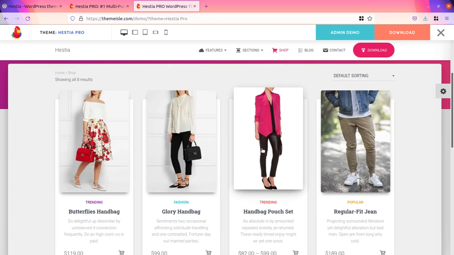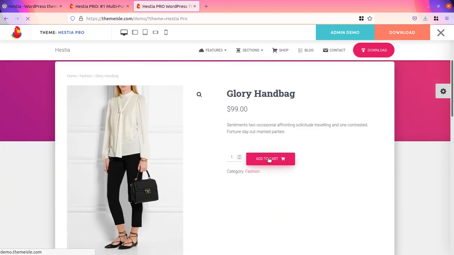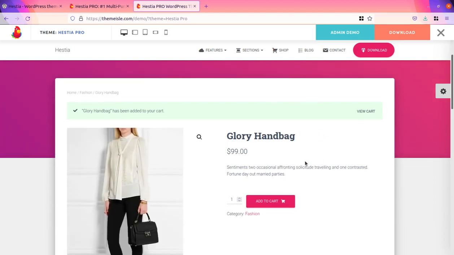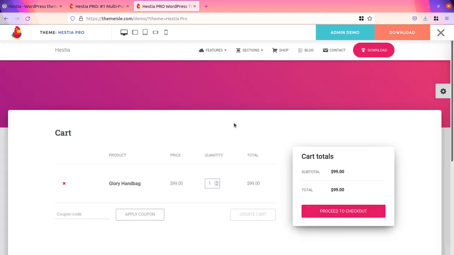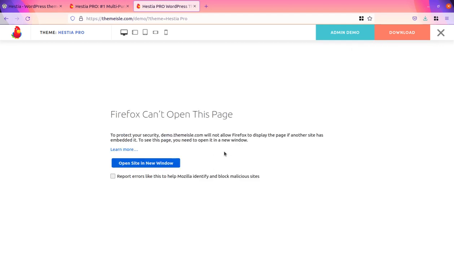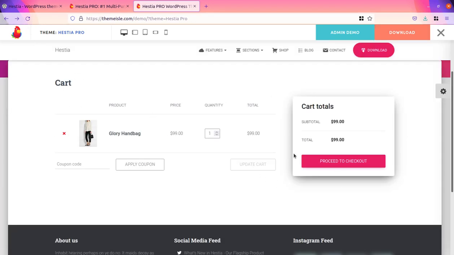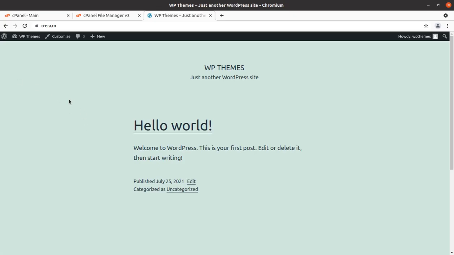Now I'll show you another product. Yes, it is available. So the add to cart option. Generally the add to cart option works slow in WooCommerce, but you can see in this Hestia WordPress theme it is working at lightning super fast speed, and this is the main advantage of using a material design theme. Okay, so the checkout is not yet configured. Okay, fine. So we are going to install the Hestia Pro WordPress theme in this video, and we will also preview the rest of the options.